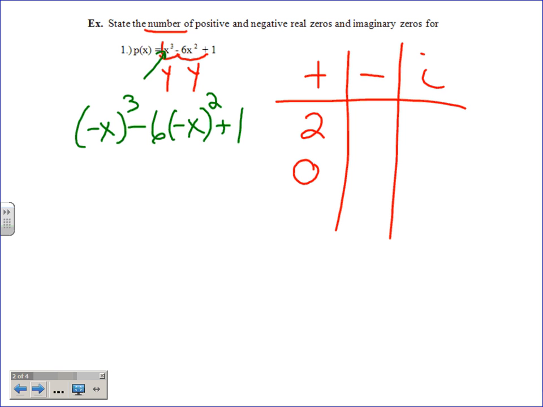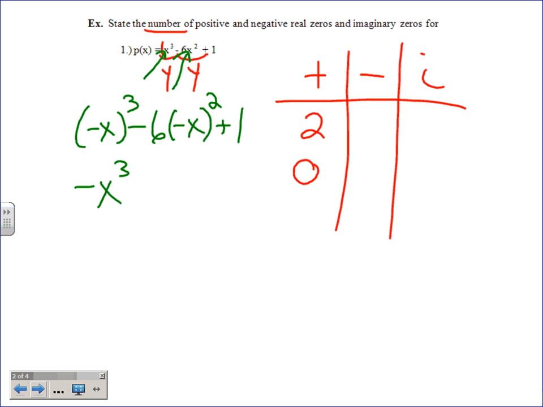You notice I just put in -x, put in -x, and kept going. And then once you do that, you just got to clean it up. So if I took a negative number to the 3rd power, is that going to end up positive or negative? Negative, right? So do you agree this is really just saying -x to the 3rd? How about here? We got a -6 kind of hanging out front. Well, if I take -x and take it to the 2nd power, because that's what order of operations tells you to do first,